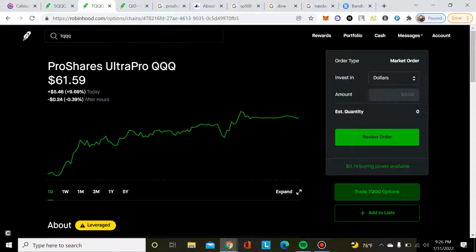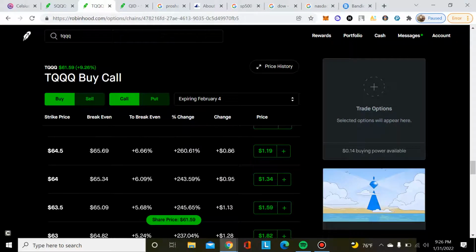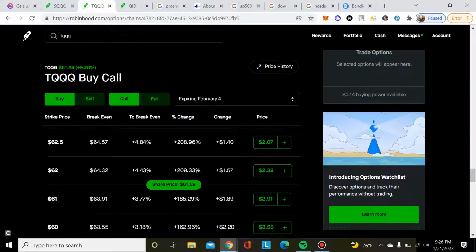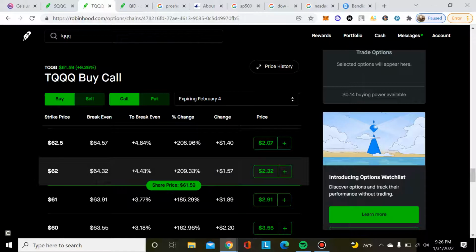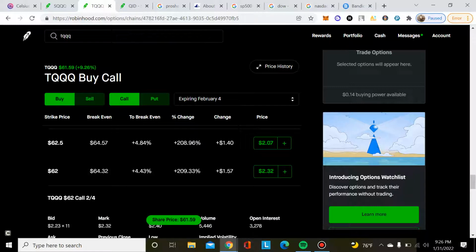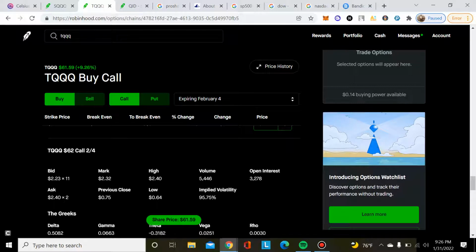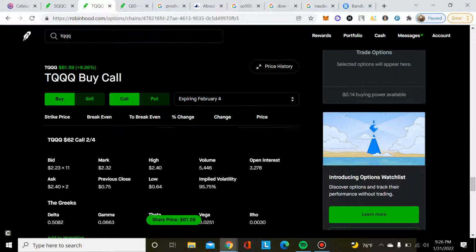So let's even look at some options today. I can look at the price that they opened at and then the price that they closed at. These are options. If you know options, you see they have a percent change today, 200%. So if you had entered any of these today, you would have made 200% on your money. But if you want to go into more of the data here, you see where if you click it on this platform, Robinhood actually,